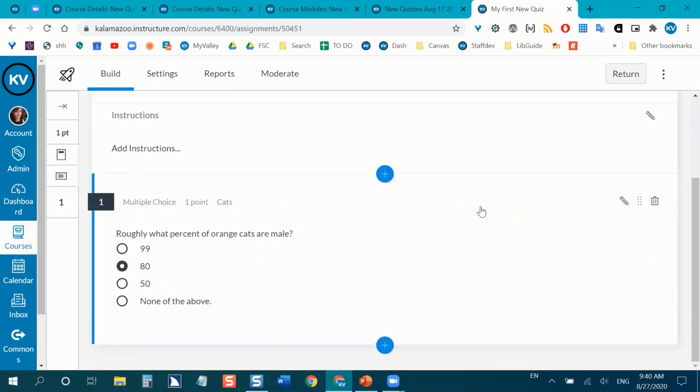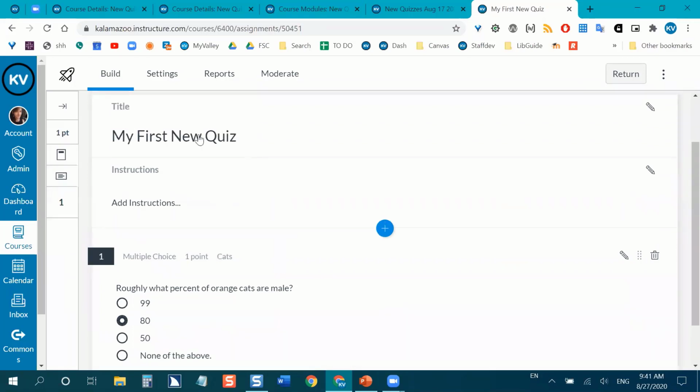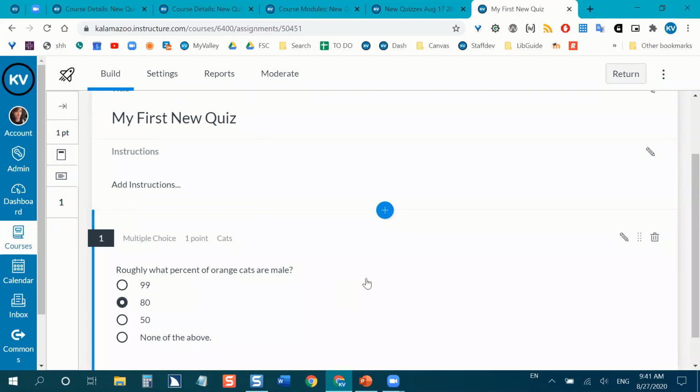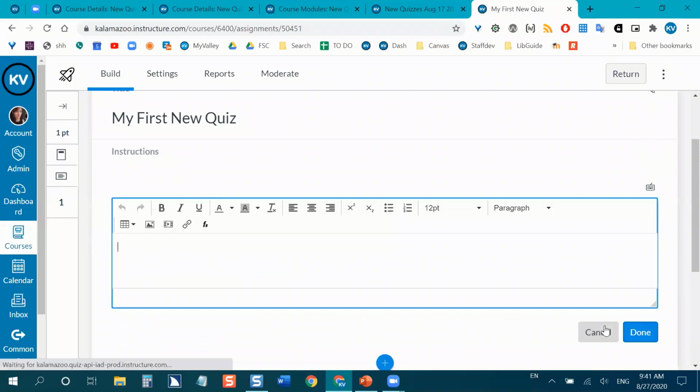So I have my multiple choice question here, and now I need to edit it. There's a couple different ways to edit, for example, your quiz title, your quiz instructions, and your quiz questions themselves. Remember in Canvas that we had this consistent theme where if we look in the top right corner for a pencil, sometimes it has the word edit next to it. In new quizzes it doesn't, it just has the pencil. You can click on that if you're a fan of consistency. Click on that pencil and it will let you edit